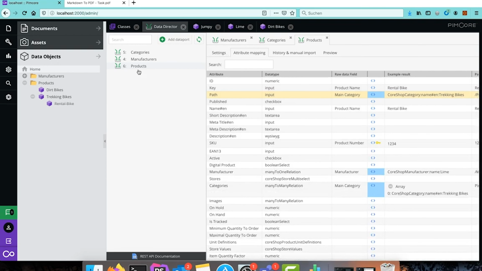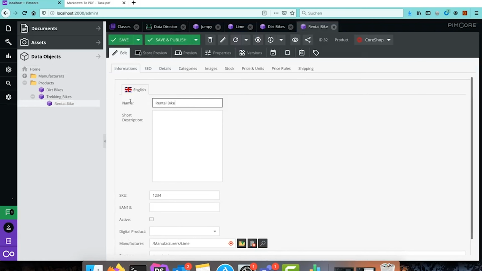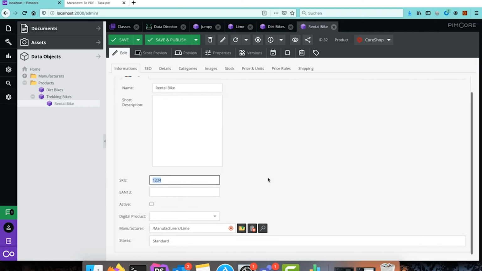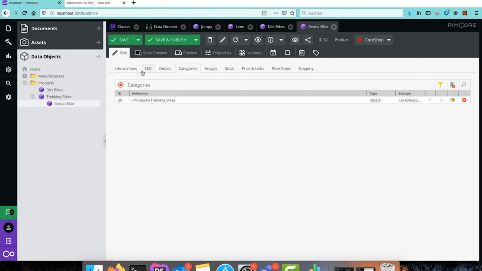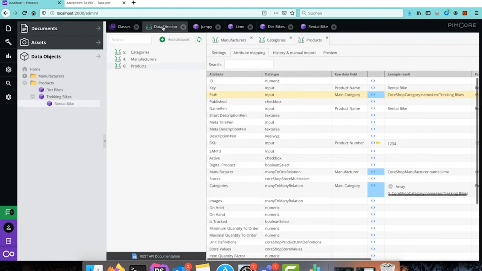Now let's come back to these images, because when we open the rental bike object, we will see that the name got set as we wanted, the SKU got set, the manufacturer and also the category got set, but the images haven't been set yet. And that's because we haven't mapped them. On this images field,